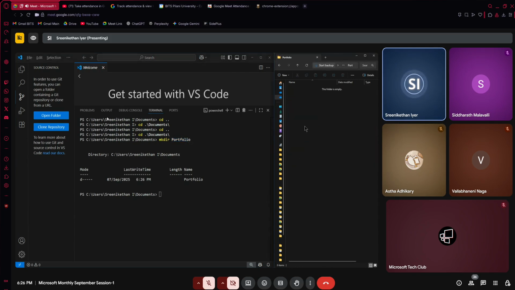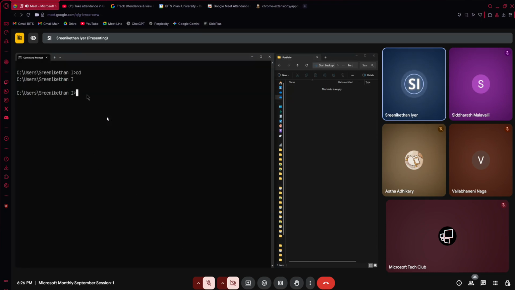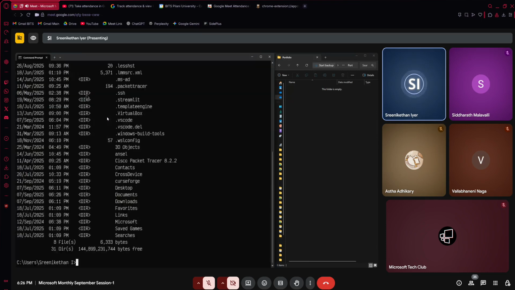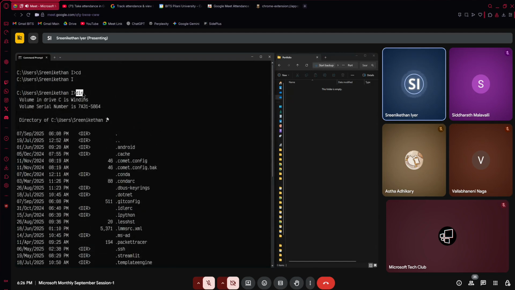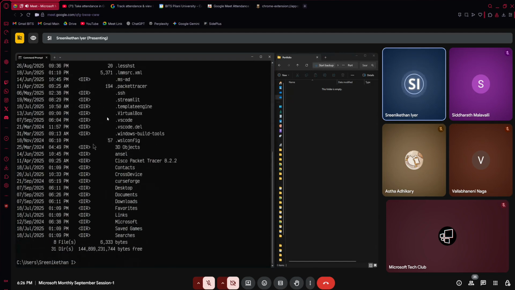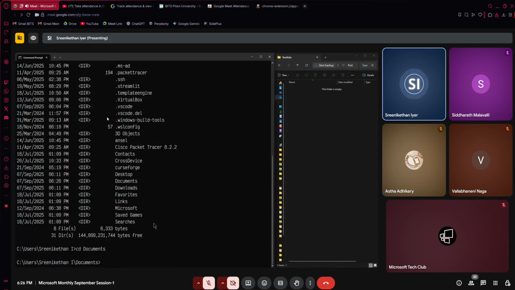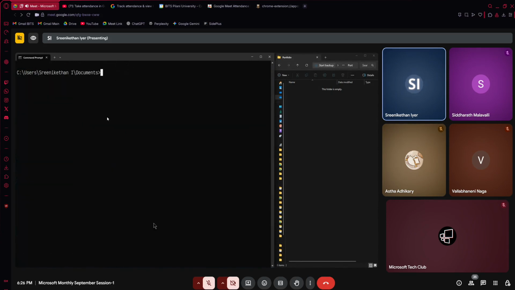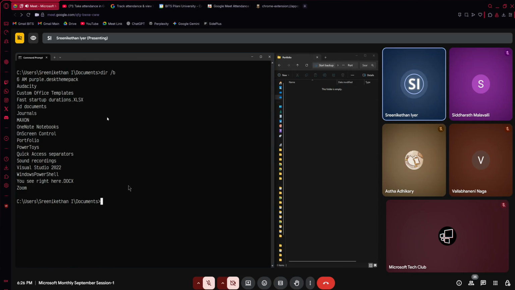You can see that there's actually nothing in here. And in VS Code, what I have to do is just type cd space portfolio, and you can enter it. And guys, you don't necessarily need to do this in VS Code. Let's say I have a command prompt here. I can just type dir. The dir command is what you use if you're on Windows. Sorry, I have to type documents first. So cd space documents. And then if I see the listing of the files here,